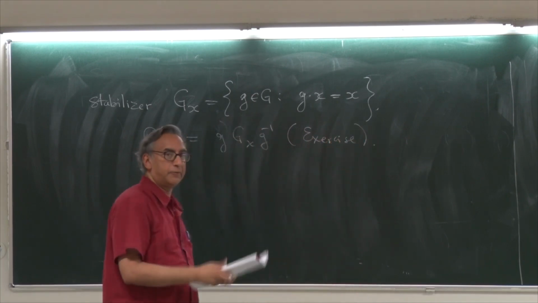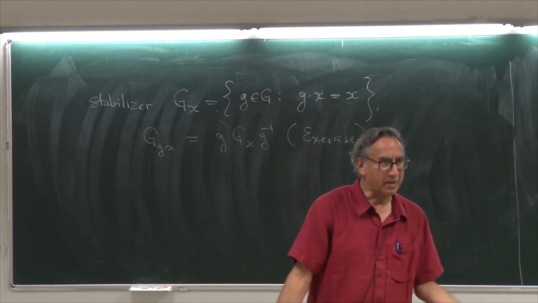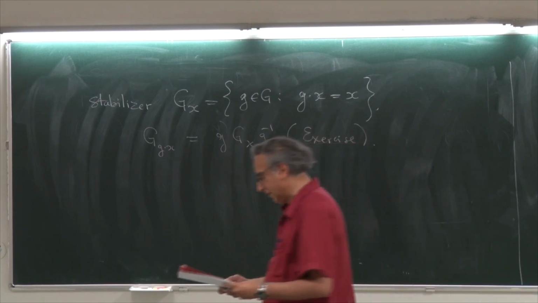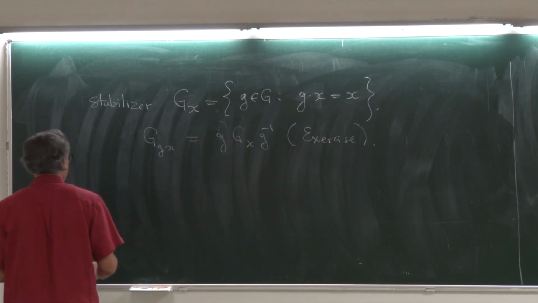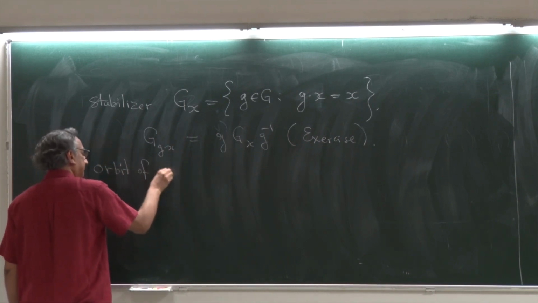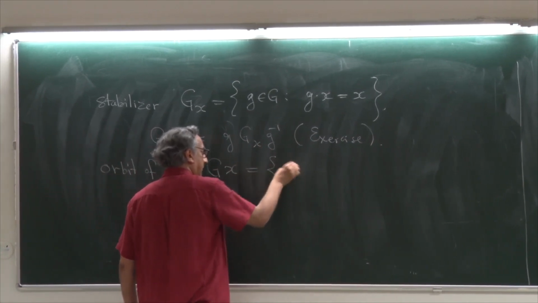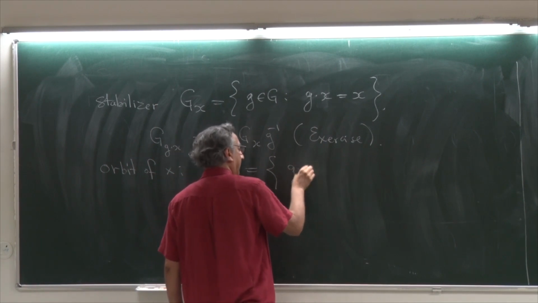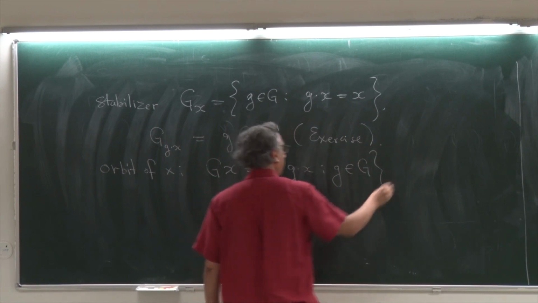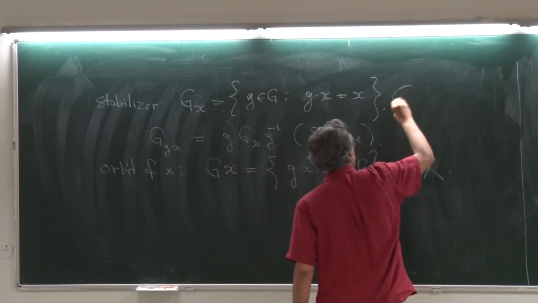So this whole business of groups acting on sets is probably the main theme of mathematics. So you really have to understand this idea. So we have the fixed point set, and we have the orbits. The orbit of X is just denoted Gx, the collection of G acting on X as I range through all the elements. So here, the orbit is sitting inside X. The stabilizer is sitting inside the group G